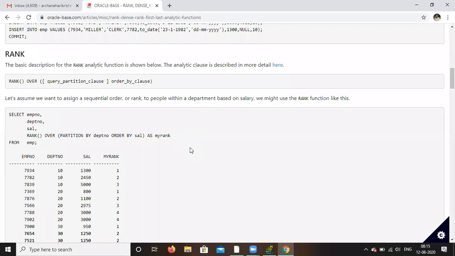Okay, so we'll go through some. These are called analytical functions. So there are different analytical functions. The first one is rank.